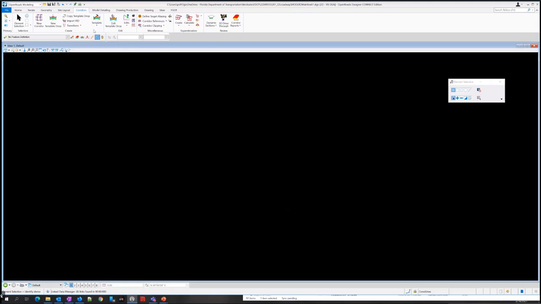One thing about the way the interface is on the ribbon: if something has a drop down, you can see if you click the arrow, this is a split button. So this is the tool. It's going to do the first tool in the list or the last one you used. So if you do the drop down, you can make sure you select the right tool. If in doubt, do the drop down. But if you're using a tool over and over again, this goes to the last one, so it just makes it easier to keep using it. So we just click this drop down here and choose Create Template.